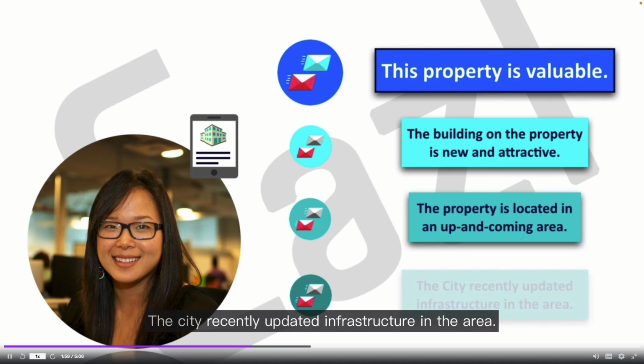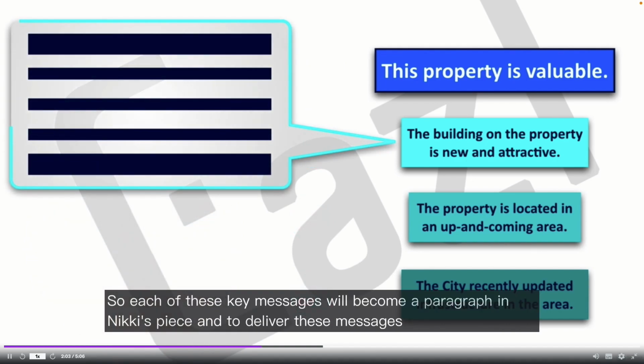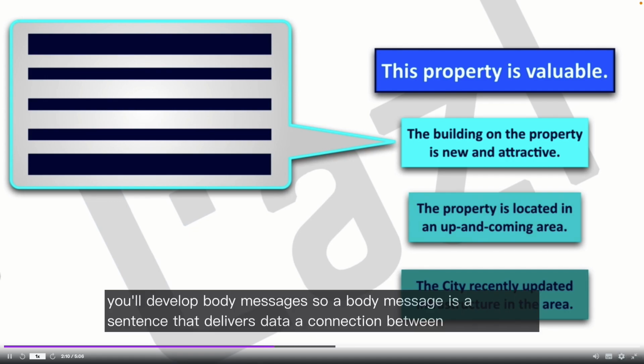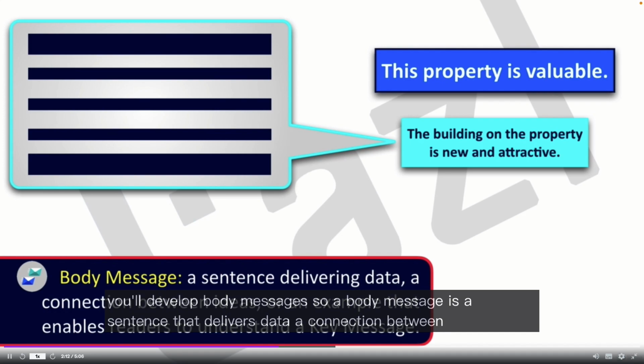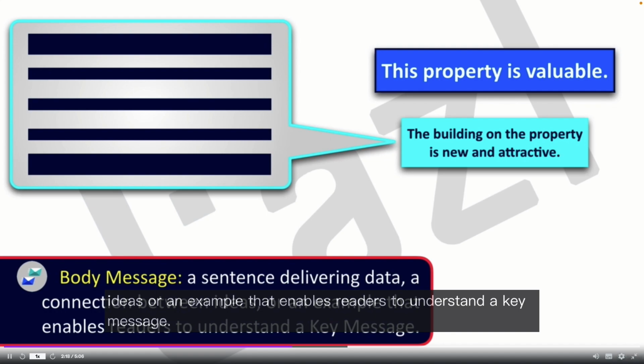And another, the city recently updated infrastructure in the area. So each of these key messages will become a paragraph in Nikki's piece, and to deliver these messages, you'll develop body messages. A body message is a sentence that delivers data, a connection between ideas, or an example that enables readers to understand a key message.